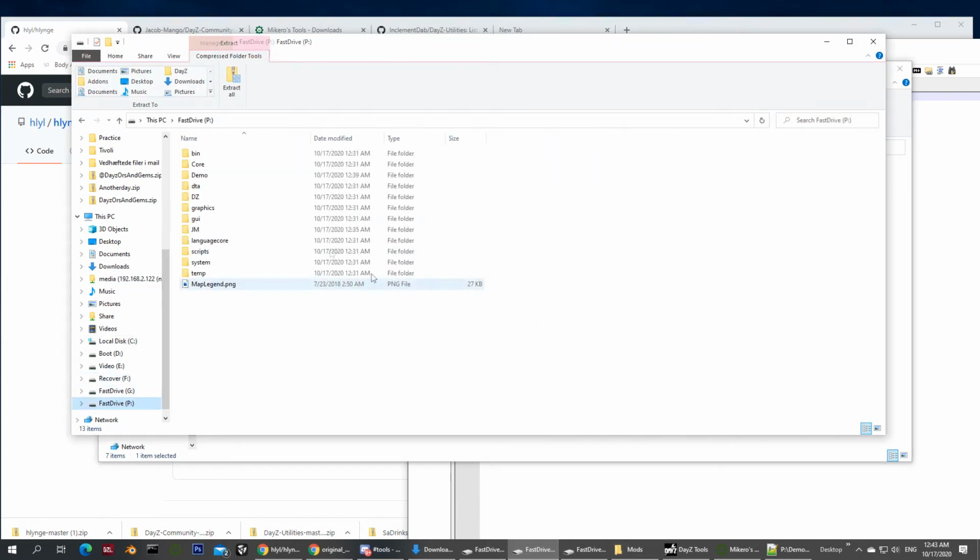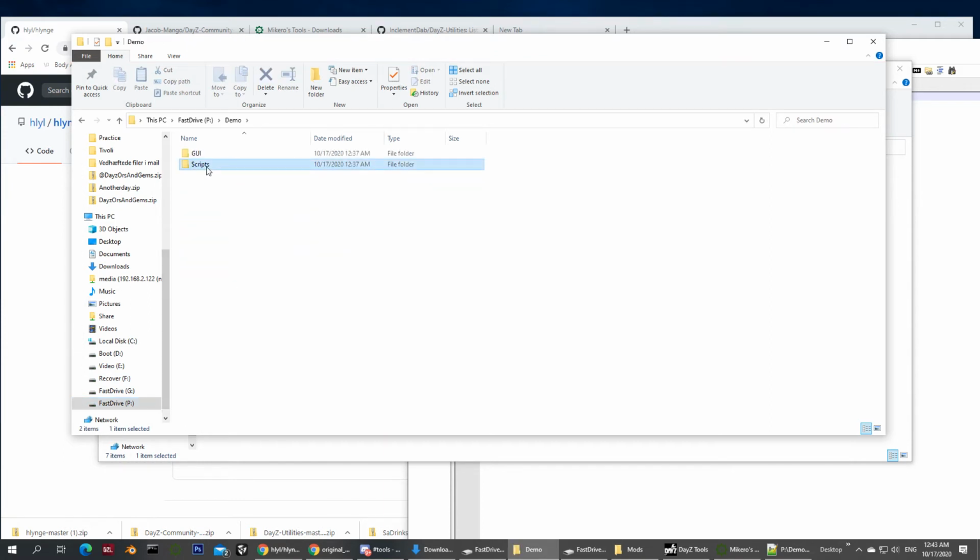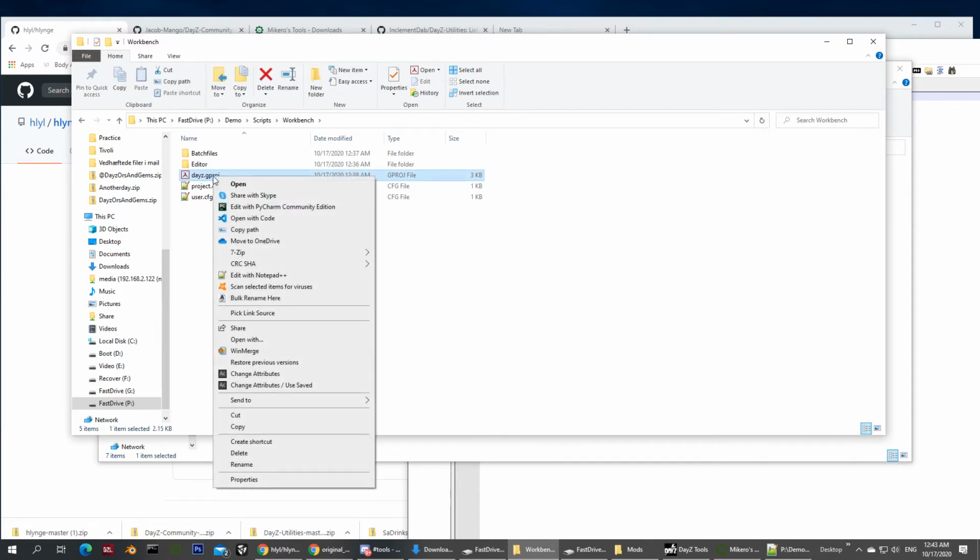Going back to the P drive demo script workbench, I have set it up so when I double click this days P gprog, it starts my workbench.